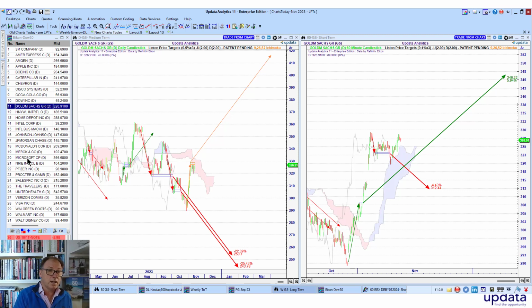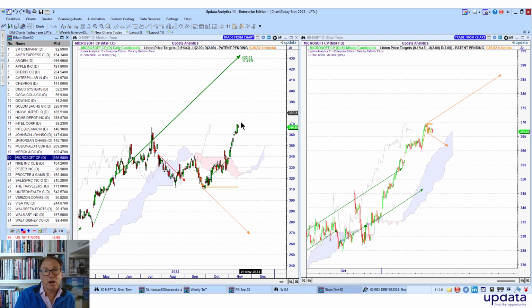Let's look at some stocks that don't look so bad. So here's Microsoft making new all-time highs, but the reality is we don't have a new thrust target yet. So it is bullish above the cloud. This is why Microsoft is probably going to become the US's biggest company ahead of Apple. It's a better looking chart. If we activate that upside target, we're going to 386,